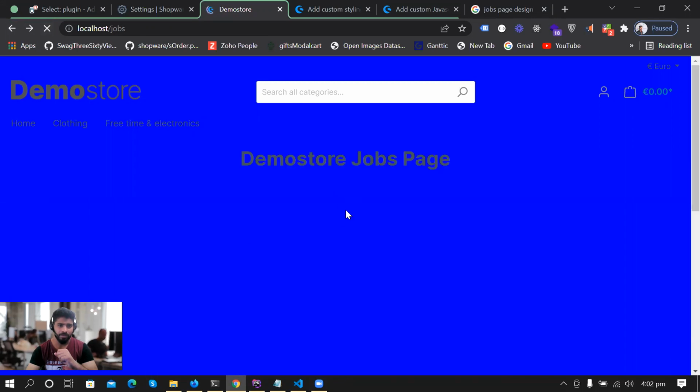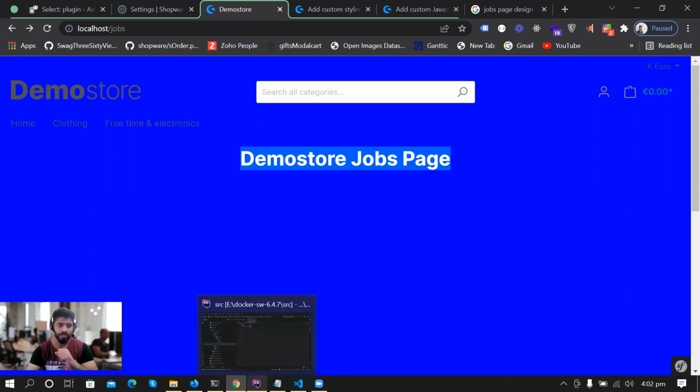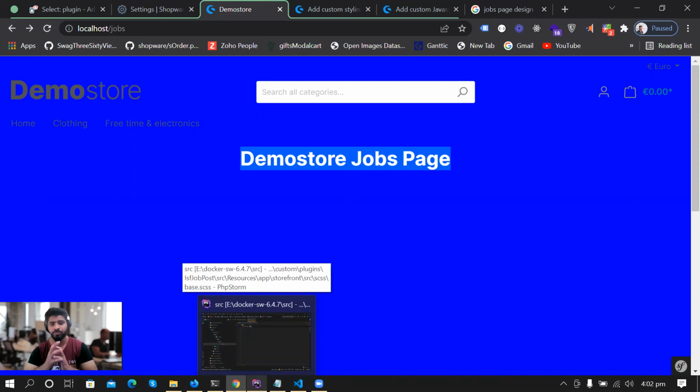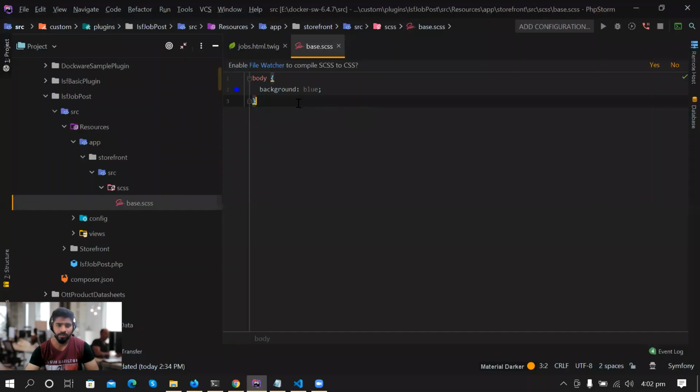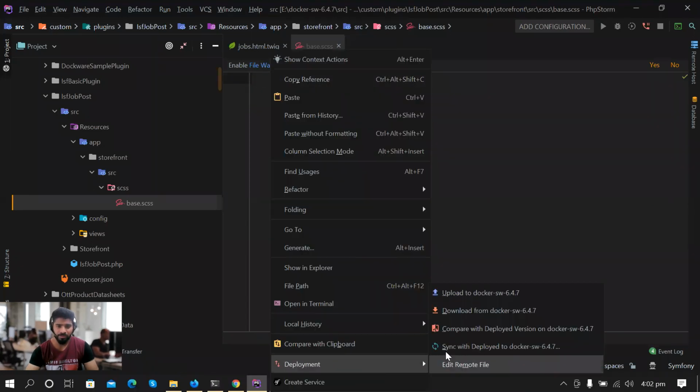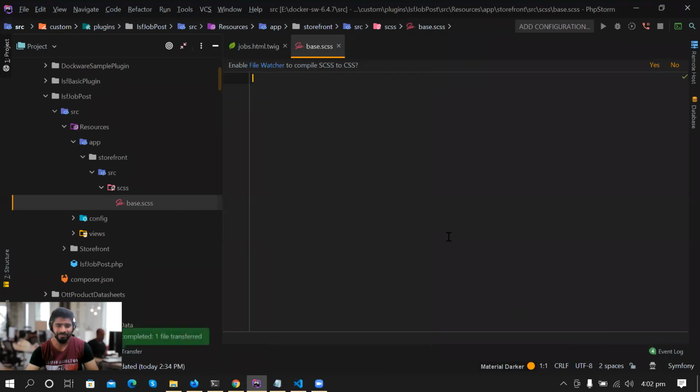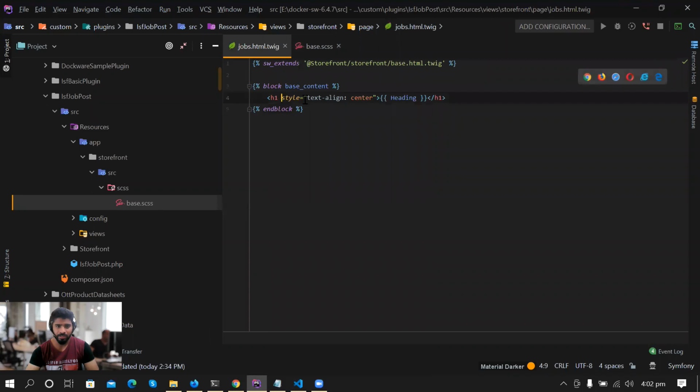But what I want to convert is this h1, which is using inline CSS right now. I want to replace the inline CSS with our custom class. So let's do this quickly. You can see I'm going to remove this body thing because it is giving a very weird color to our shop. So let me go here,